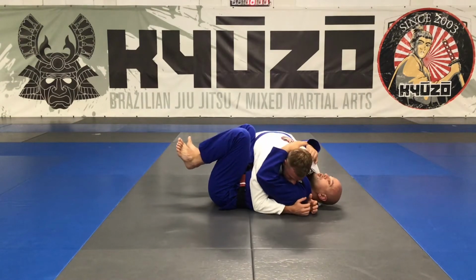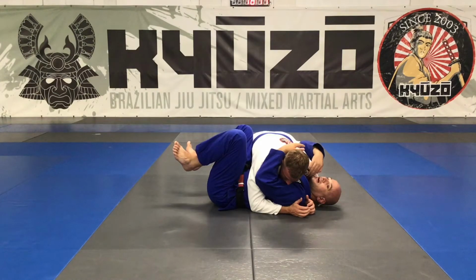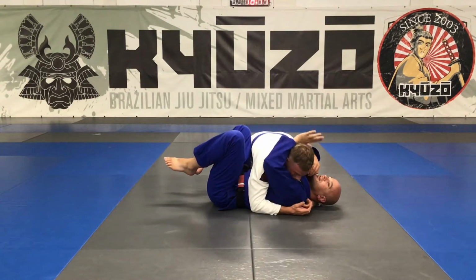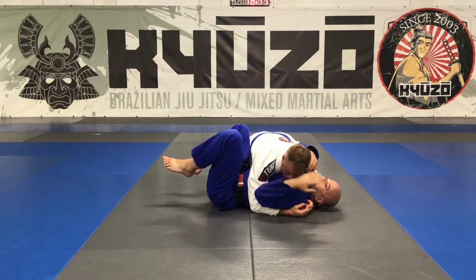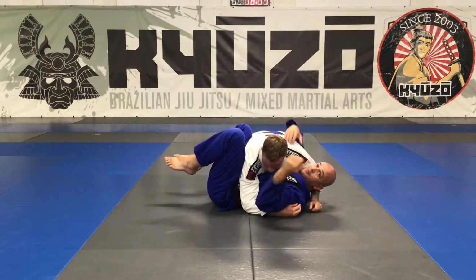So I've got two problems. One is this hand is on the outside, which means he can connect his hand to my neck, connect his shoulder to my neck, okay? And make life very difficult for me. And the second problem is this hand is in danger out here for an arm bar or whatever, because it's not in front of his face, okay? So where I want to be is here, but it's a long way back from there,